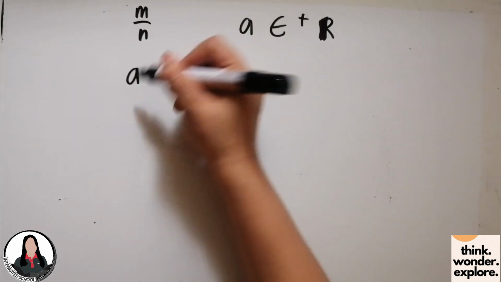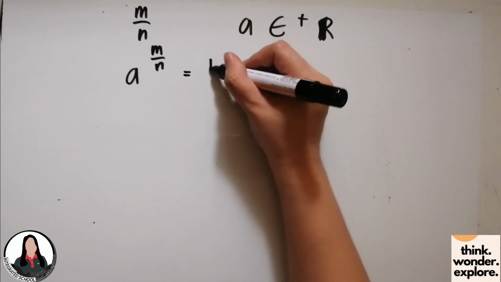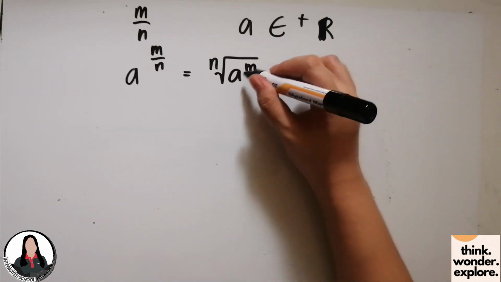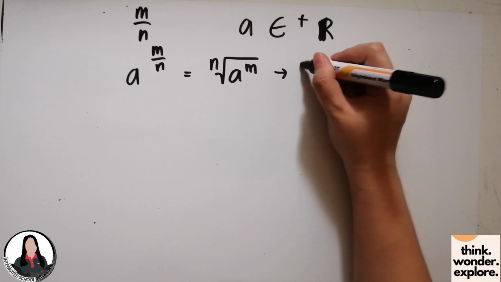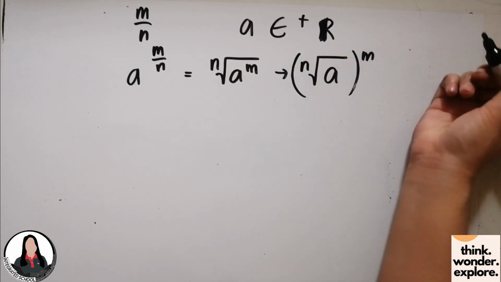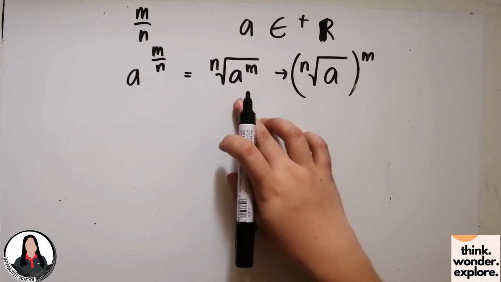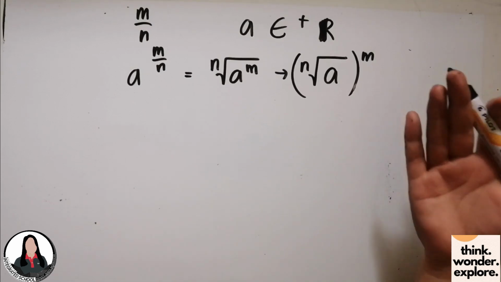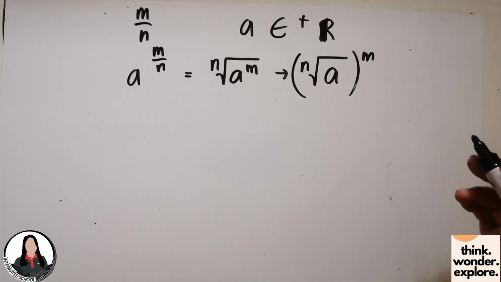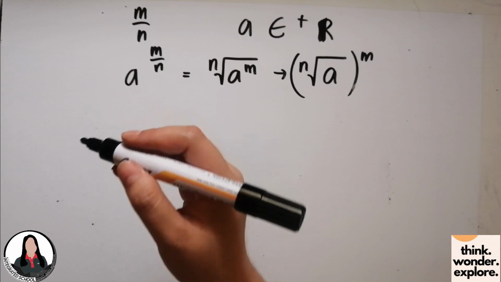So we can write a raised to m over n in the form of nth root of a raised to m. Now, this is also equivalent to the nth root of a quantity raised to m. Equal lang yan ha. Okay? Of course, this is true given that nth root of a raised to m is a real number. So, when we say a real number, ibig sabihin meron siyang real roots. Okay. So, para mas mabilis natin siya maintindihan, let us apply it with few of the examples na nasa inyong